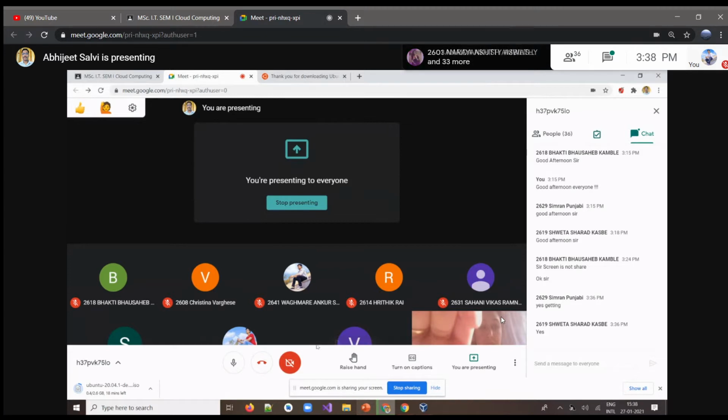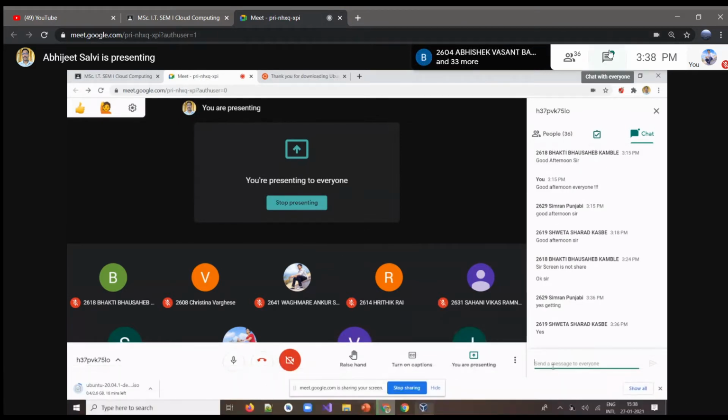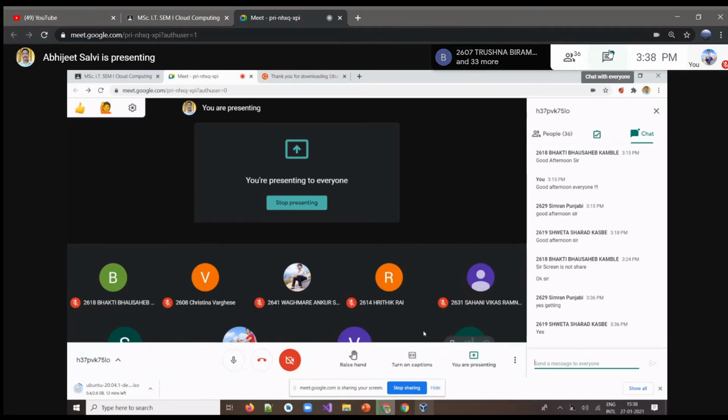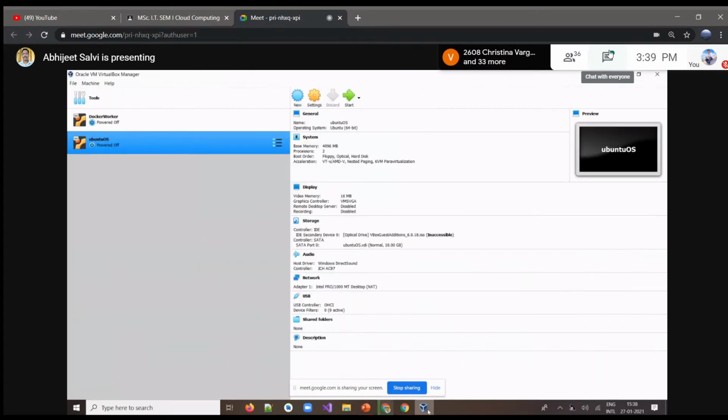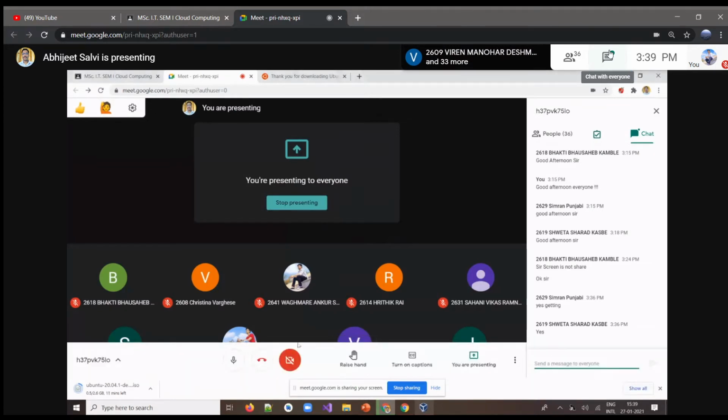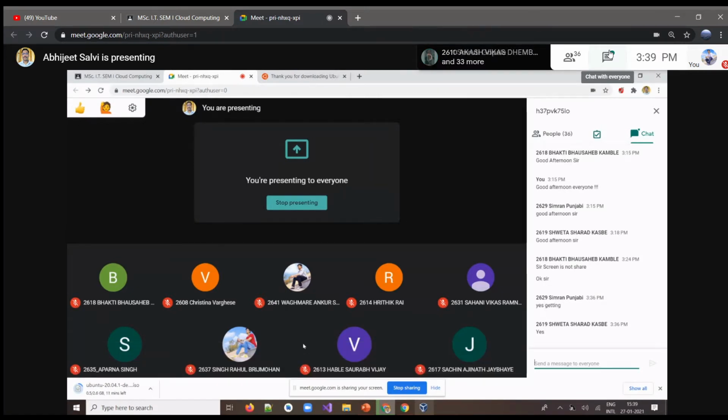Meanwhile, any doubts regarding this hashing and the encryption, please let me know. We are already used to this; this is not something new I'm talking about. We are already used to this kind of concept. So we just start our Ubuntu operating system, and to understand better the role of this, somewhere in a database.